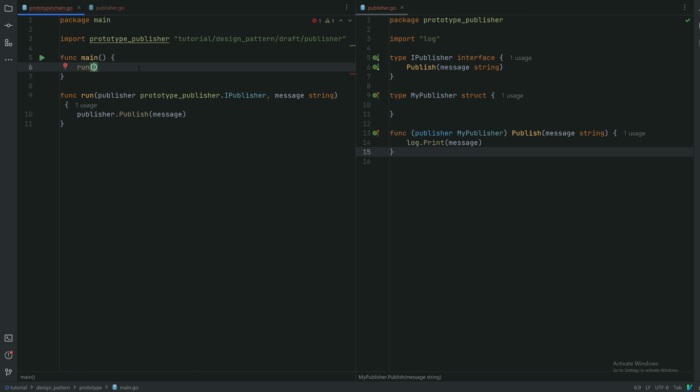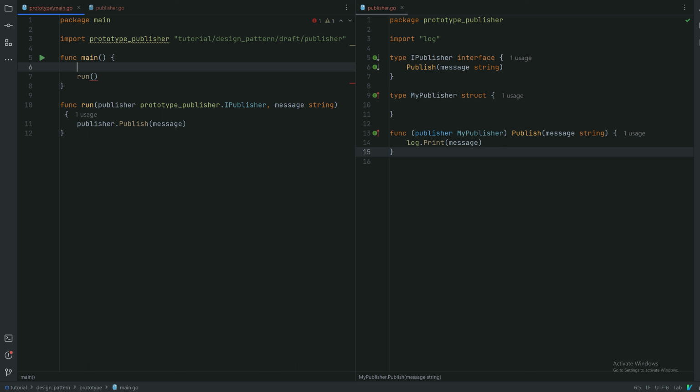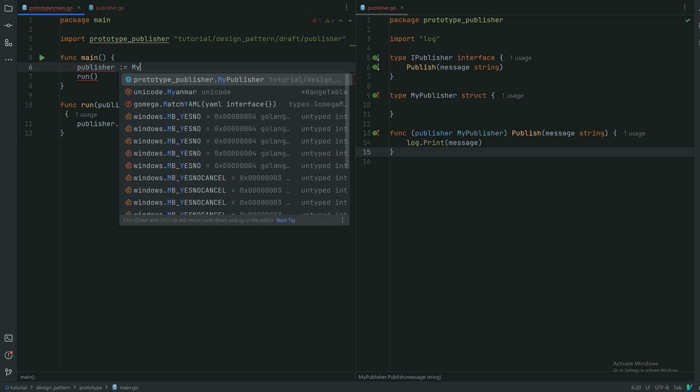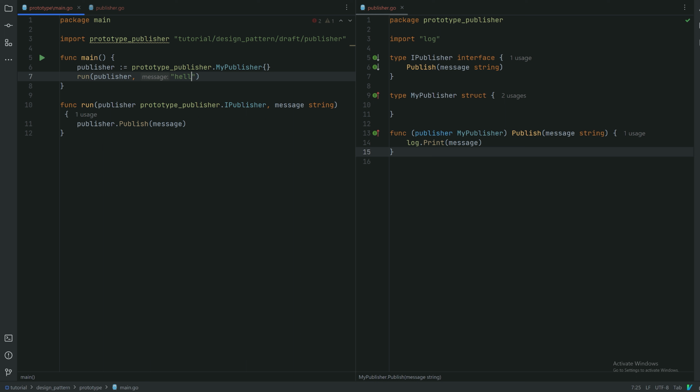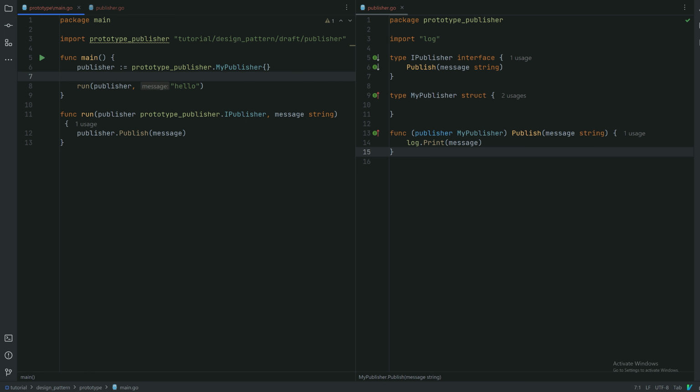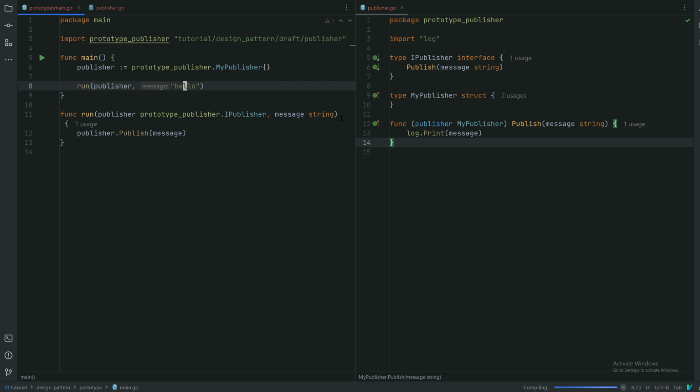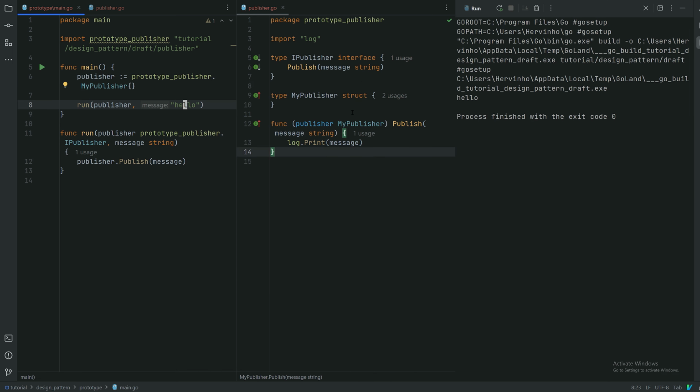Now if we instantiate a publisher in the main program, we can call it publisher for instance, and then it's simply a struct, and then passing that publisher to the run function with hello for instance. And then if we run that, we should see hello. So let's try that. Okay, so there you can see hello